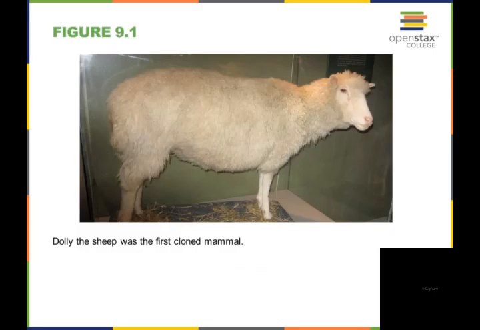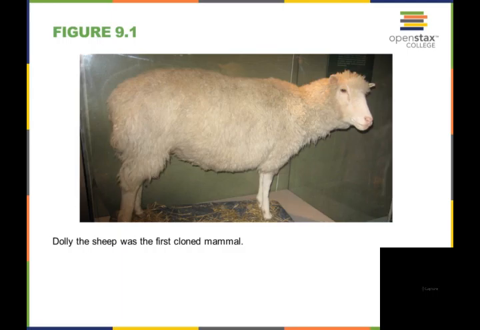So just an idea of where molecular biology has led to. This is Dolly the sheep. This was the first cloned animal, and this was a big achievement in molecular biology, to actually be able to clone an animal. Not sure how familiar you are with this, but we were pretty happy that we were able to successfully clone this animal. Of course, what we knew was just the tip of the iceberg, so the cloning did not end up going as well. We learned a lot through the process, but that there is a lot more than just the genetic information